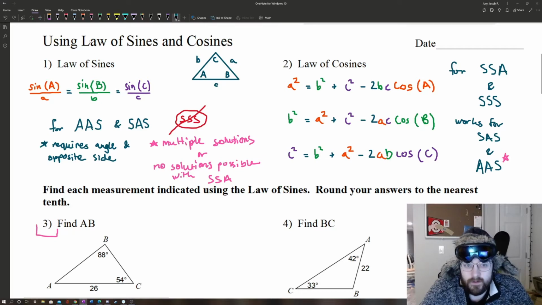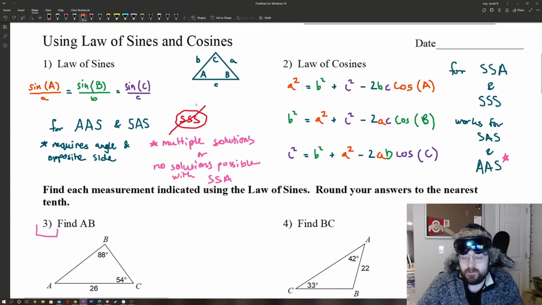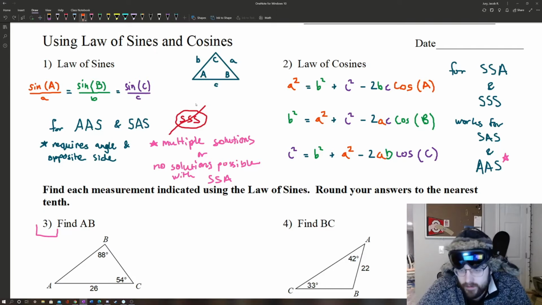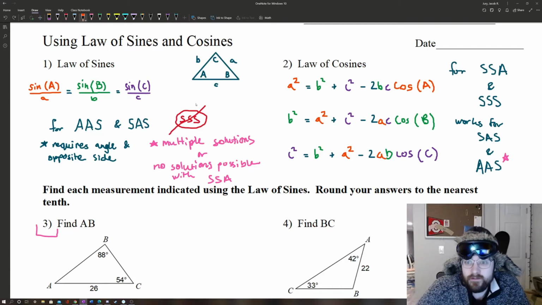I've drawn quite a bit for you to put on your page for notes, which is going to have practice right beneath it. I'm using this diagram of a triangle with its opposite sides and angles labeled. That right there is an isosceles triangle where two sides and those corresponding angles are the same, but it's meant to be, imagine this is an oblique triangle,